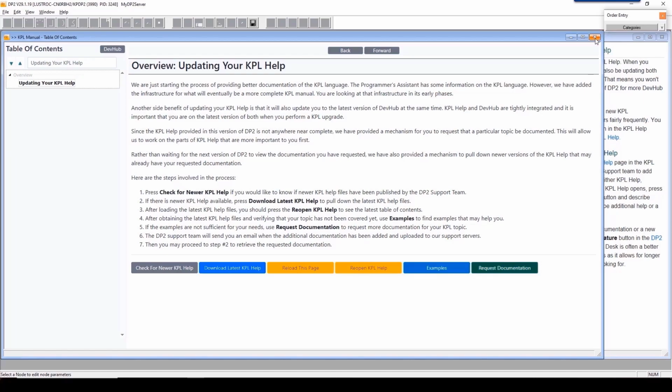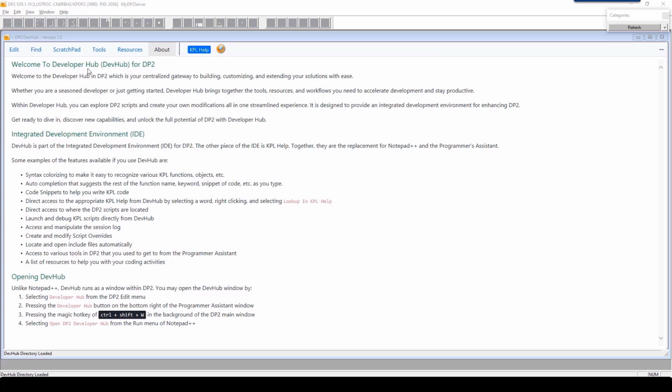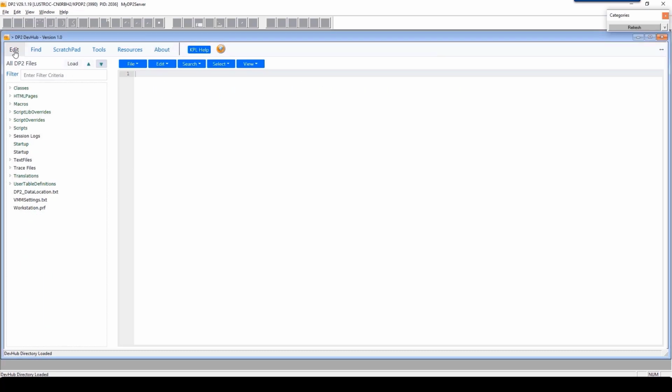So I'm just going to close KPL help for now. I'll come back to it. And then I'm also going to zip up the right-hand side of the screen, which can be done with a double-headed arrow. And I'll head back to the Edit tab. Again, the Edit tab is the tab that will open each time you open DevHub. But how it opens will depend on the settings that you have set here in the View menu, so I'll